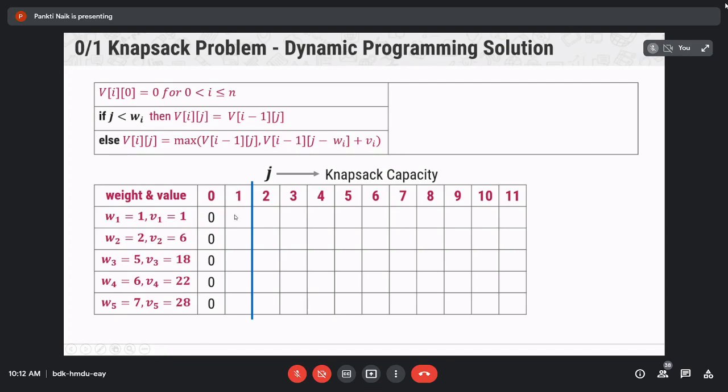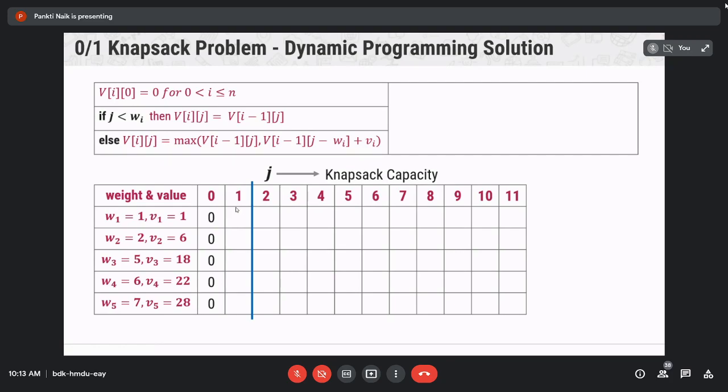So what will be the value of V11? V11 is equal to 1. Write down 1 here. Now next find out V12.